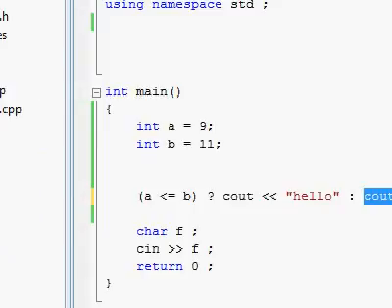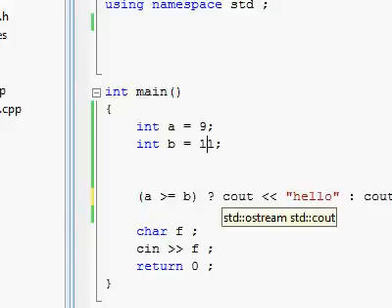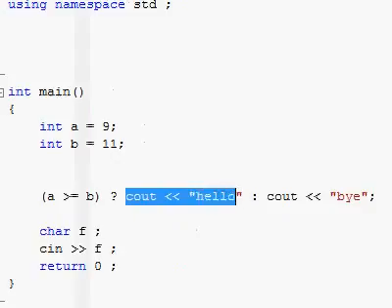So what's happening over here is we are testing whether A is less or equals to, or we could have it more or equals to B. If that is true, which in our case it's not true because A is 9 and 9 is not more than 11 and it's not equals to 11. So if it would have been true, we would see it print out hello.